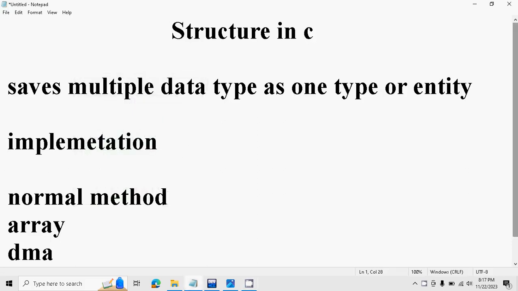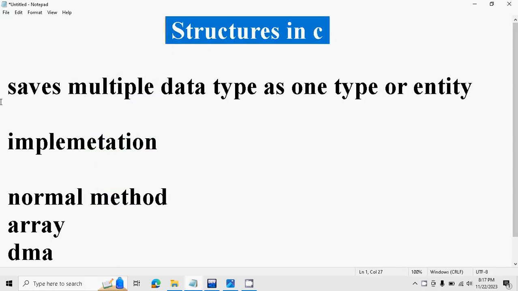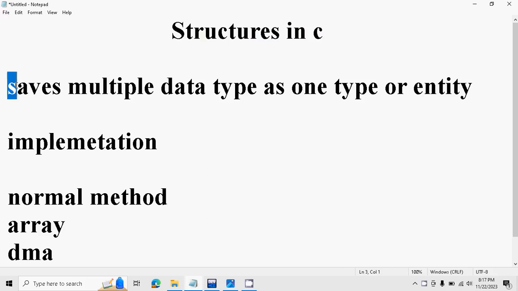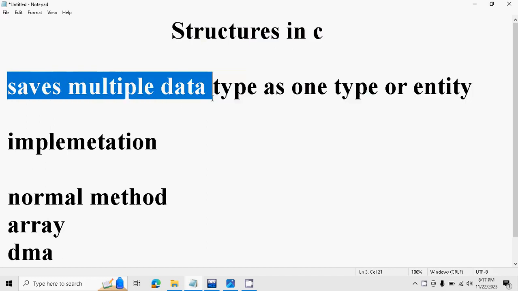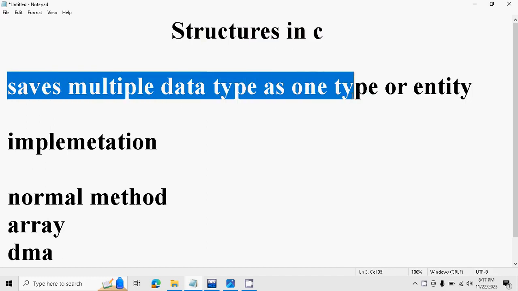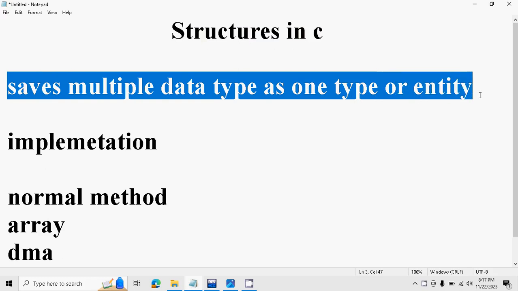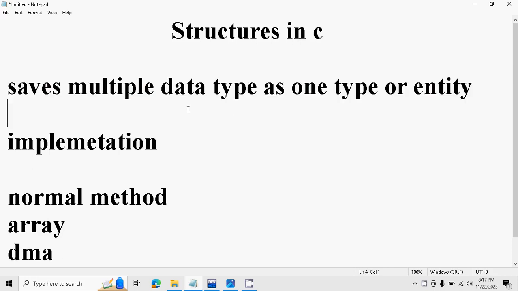Hello all. In this video, we are going to see structures in C program. So what exactly is a structure? It helps to save multiple data types as one type, that means multiple data types as one data type or one entity. So, for example,